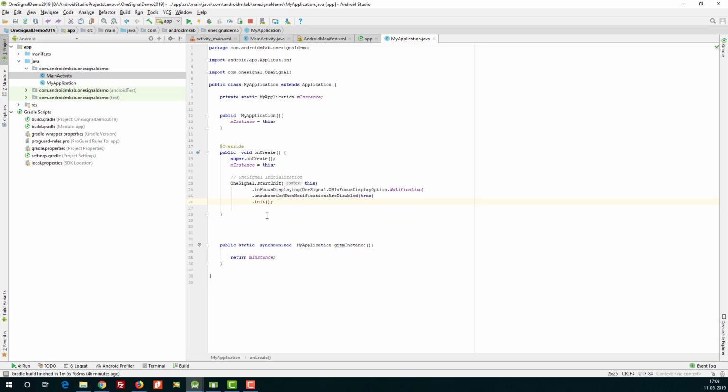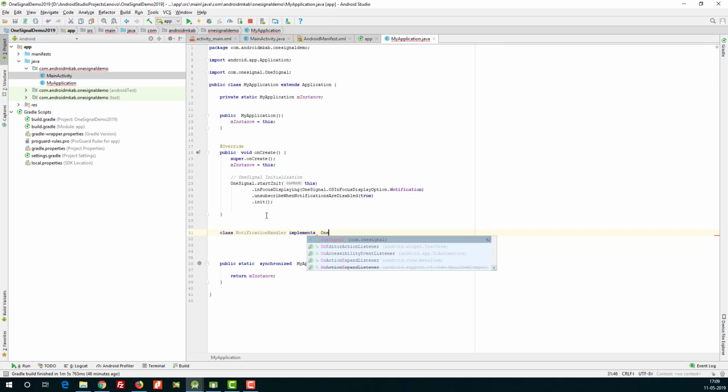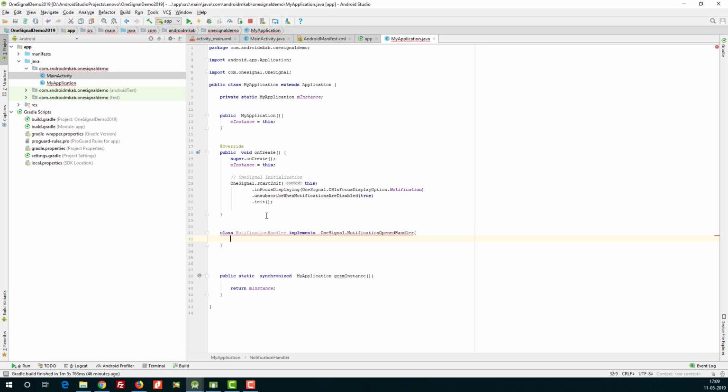What we have to do is create a notification handler for OneSignal. Class NotificationHandler implements OneSignal.NotificationOpenHandler.